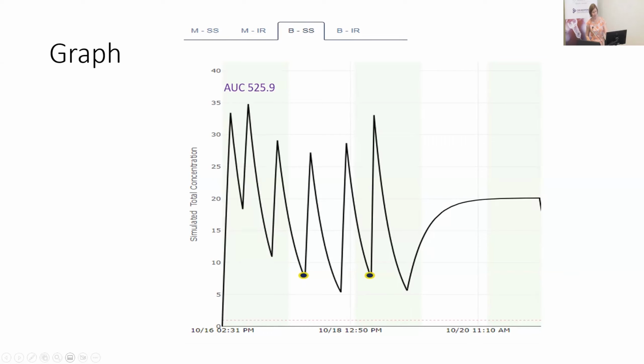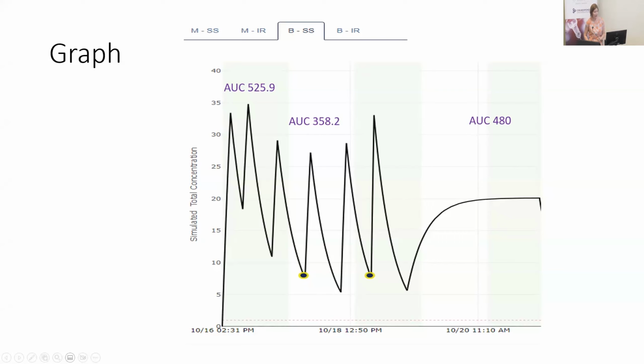You can see the first level of 8 there before the 4th dose. And even though it looks like the concentration stayed the same because it was 8 and 8, you can see it actually dropped before it came back up to 8 with the 2-gram dose that he got. So anyway, it's really interesting to look at these dosing softwares, but regardless, he was subtherapeutic with an AUC of 358. And then he was switched over to a 5-gram continuous infusion, which the dosing software suggested it would give us a